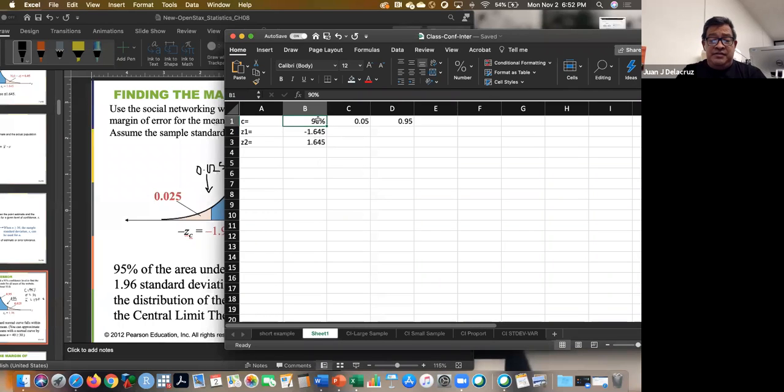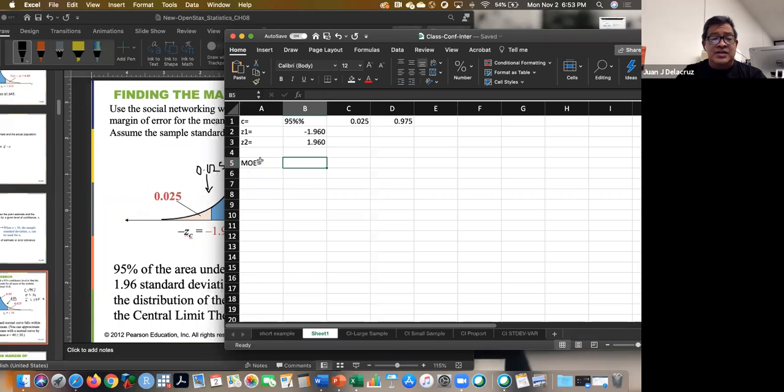So here is 95%. So this point is gonna be 0.025. And the next point is going to be 0.975, right? So here I have the values. I already computed them. So I have the Excel code. So I just need to find here the margin of error, which is going to be given by the formula